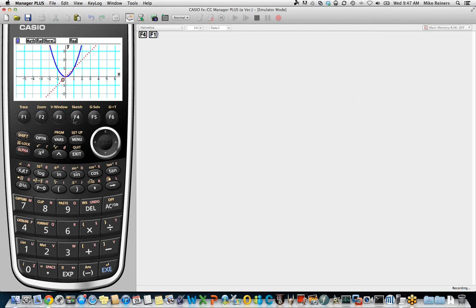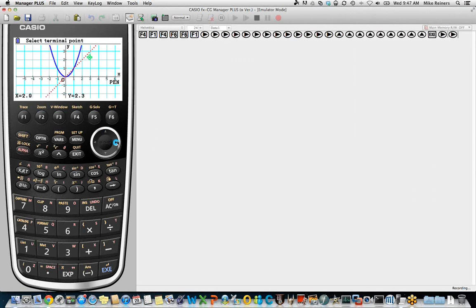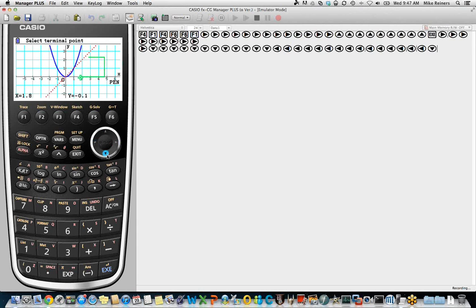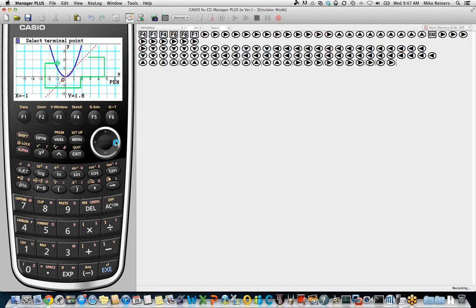We'll clear that sketch and go on to the last page of choices on the sketch menu. So let's look at pen and text. We press F1 for pen. We're asked to select a starting point. I'm going to go out here into space and select a starting point, and now select a terminal point. And you notice that it is literally like having a pen. And this is much more like the traditional Etch-a-Sketch. It just continues to draw and continues to draw and continues to draw until you press execute again, and then it's like picking up your pen.